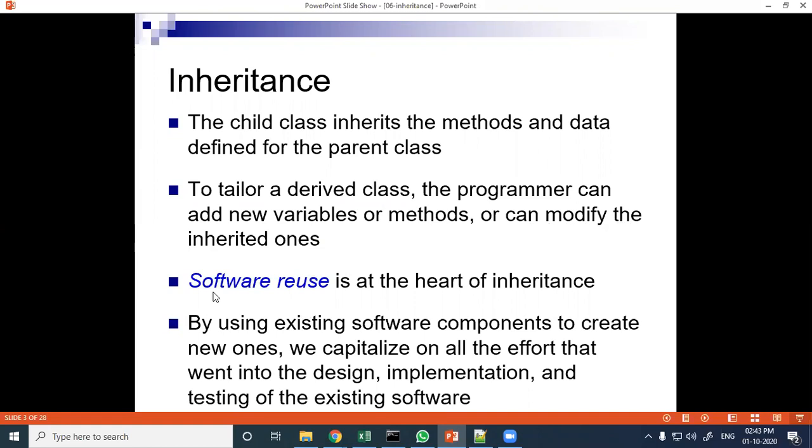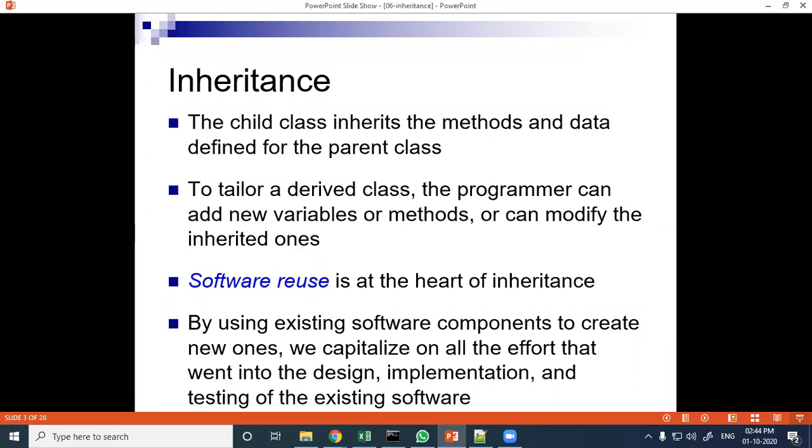Okay, we'll see. Software reuse is at the heart of inheritance. So why will we learn this concept? Because of reusability. As we have discussed, reusability means something already defined and we will reuse it instead of redefining it.